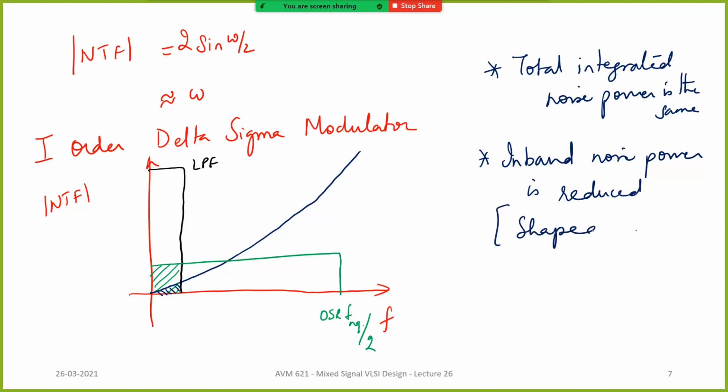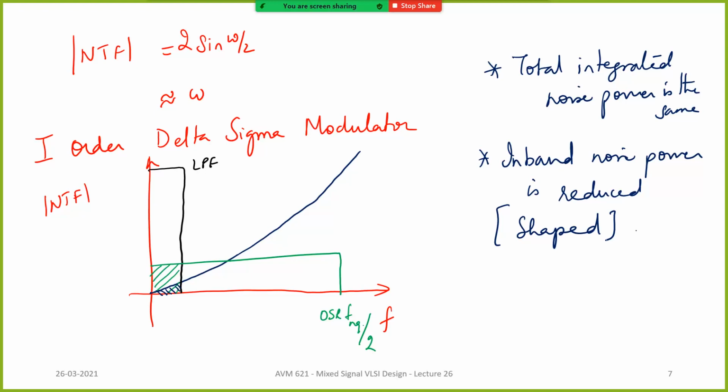In other words, what are we doing? We are taking the noise which is there at the lower frequencies and dumping it in the higher frequencies. It is like sometimes you see people who clean their houses, take all the garbage and dump it in the next compound. That's kind of what is happening here. You take all the quantization noise in the low frequency band and throw it in the high frequency band. So this is basically your noise transfer function.